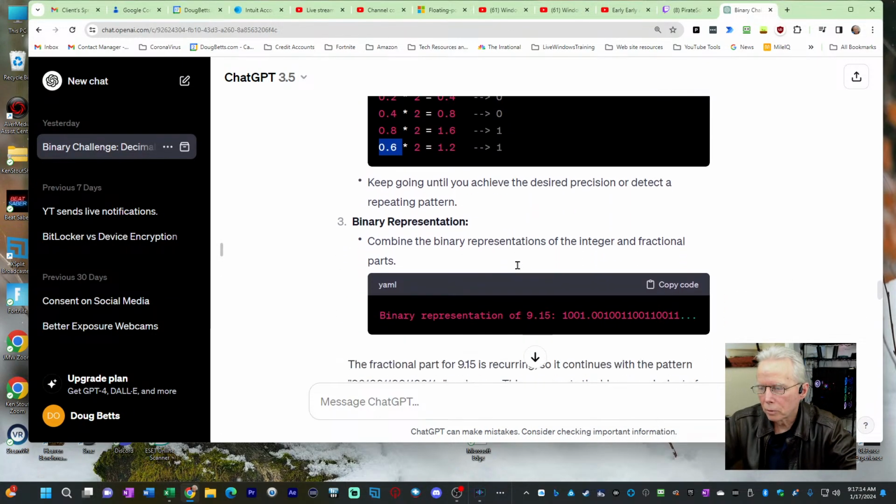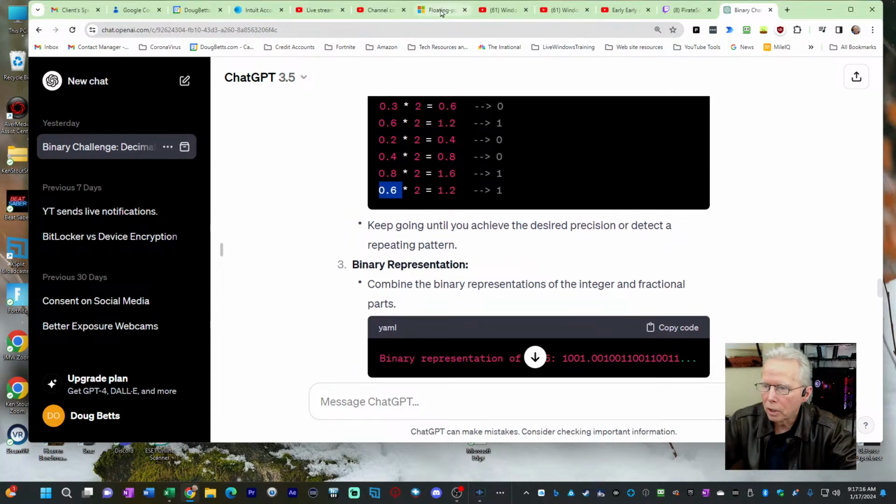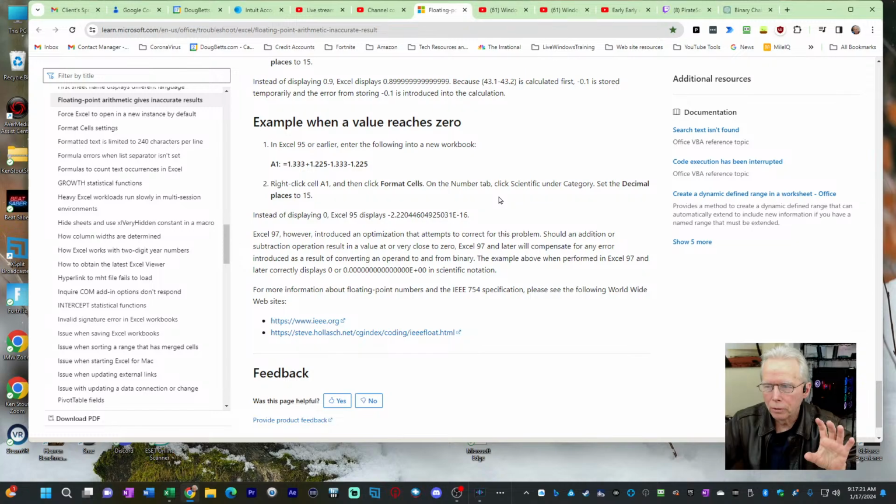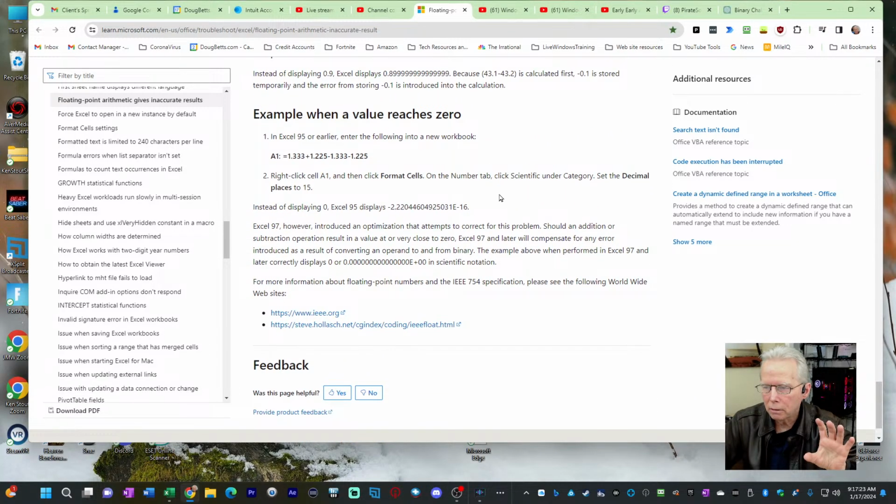So this is not an issue of Excel. This is an issue of computers. So any computer storing floating point numbers, specifically floating point numbers, which is all spreadsheets are going to do that by default. You cannot change them to use binary coded data. You can only make them look that way by doing that menu option that I did a little while ago.